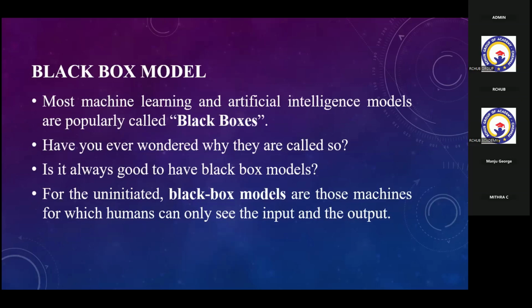This black box model is a machine for which a human can only see the input and output. Of course, I can see the input, just like I'm watching the classroom. 20 participants are there, out of which 4 are admin persons and the remaining 16 are watching. That's all I know. 16 is the input and 16 are watching my classes. I may not know how the participants are involved in the techniques taken over the past 3 days, or what their level of knowledge is in understanding, remembering, applying, analyzing, evaluating and creating these